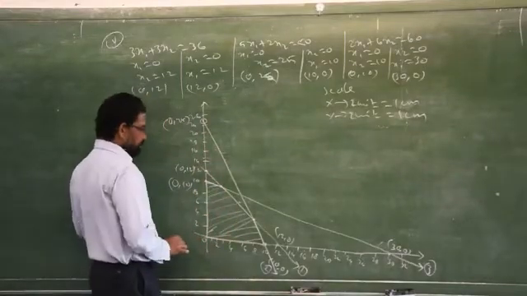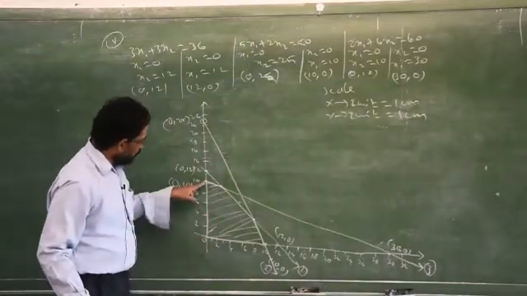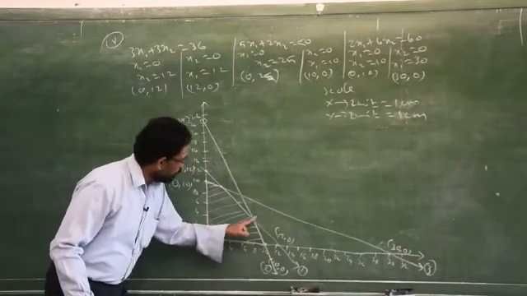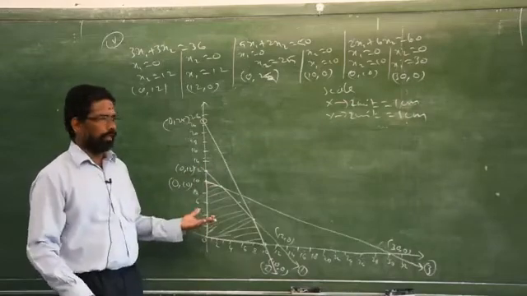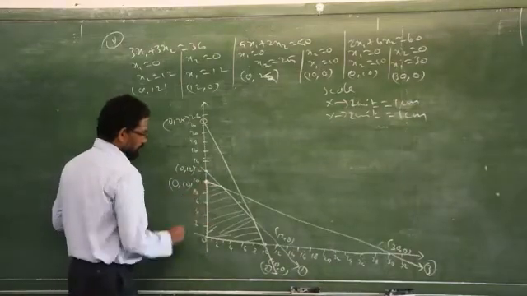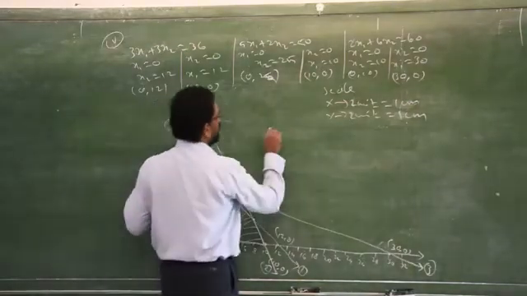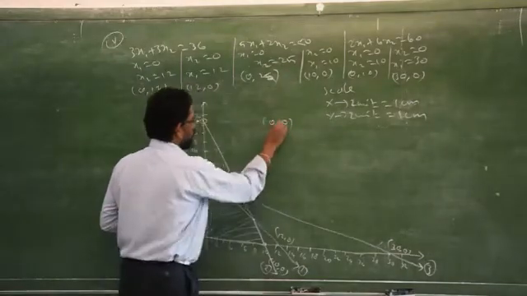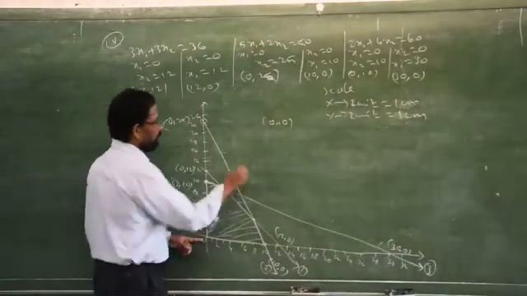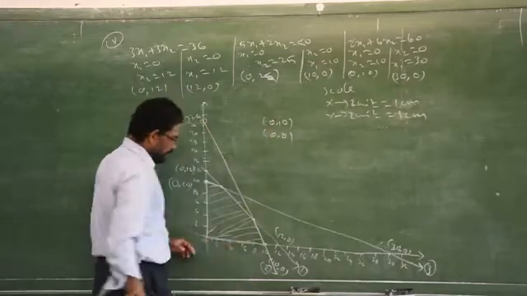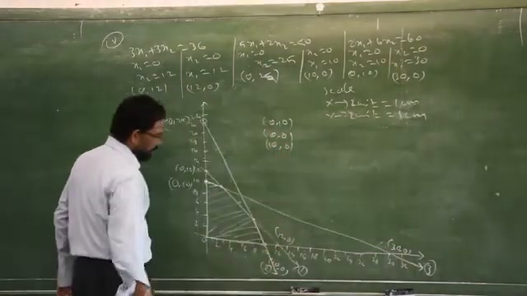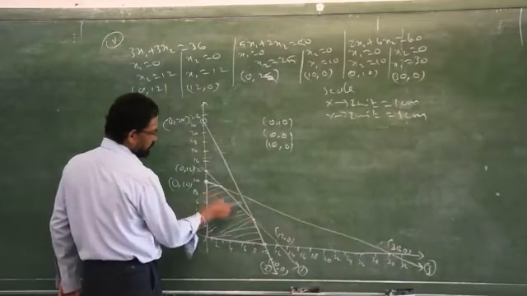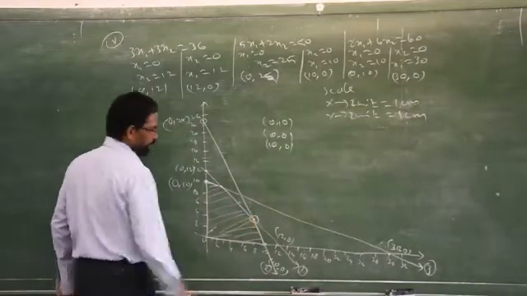Now under the feasible solution, how many edges do we have? 1, 2, 3, 4. If you want to give names, you can give names; otherwise no need to give names. Clear? So these are the edges. In these edges I know 0, 10. Then what is one more edge? 0, 0. The next edge is 10, 0. But I don't know the intersecting point of these two edges. Clear? Now you have to find it out.